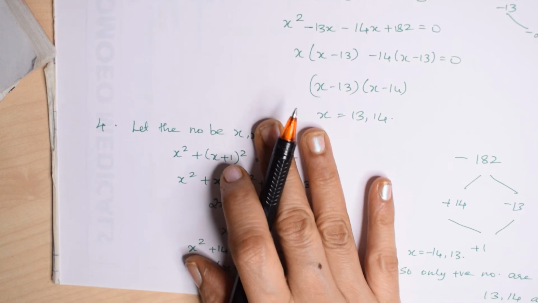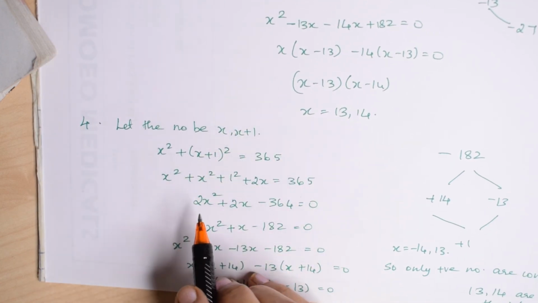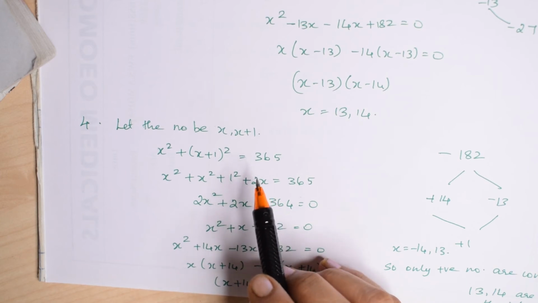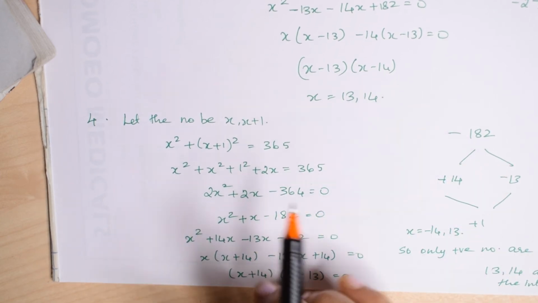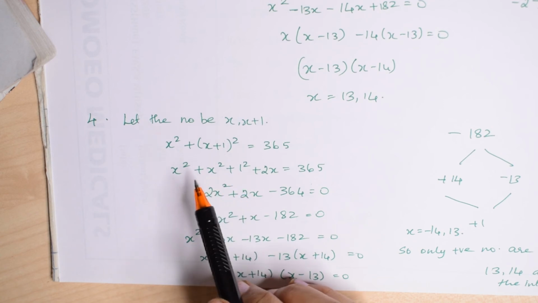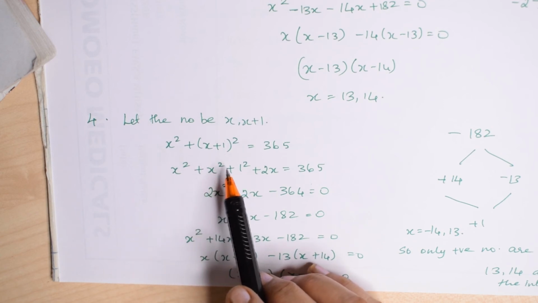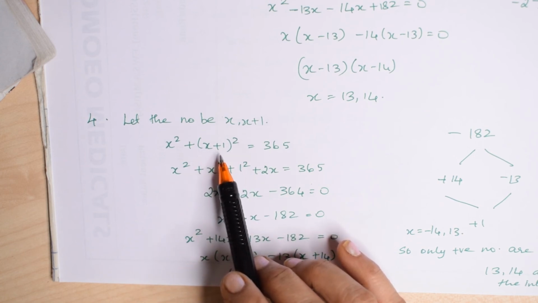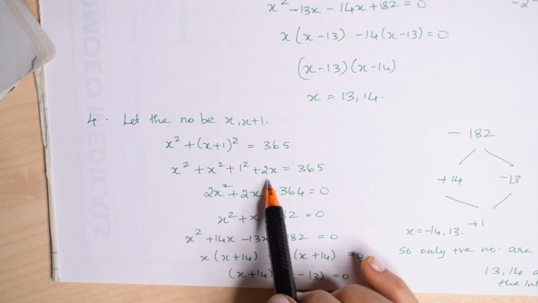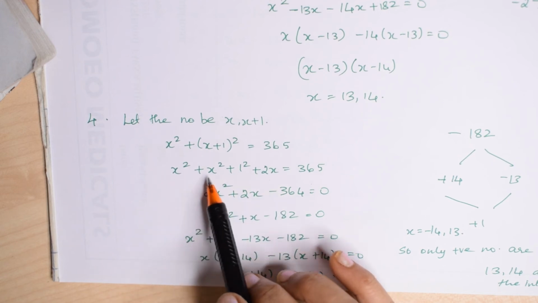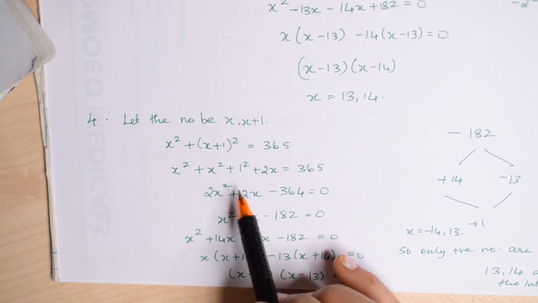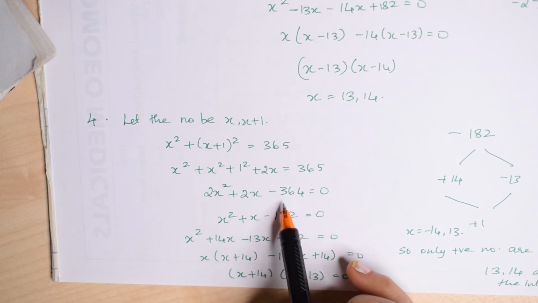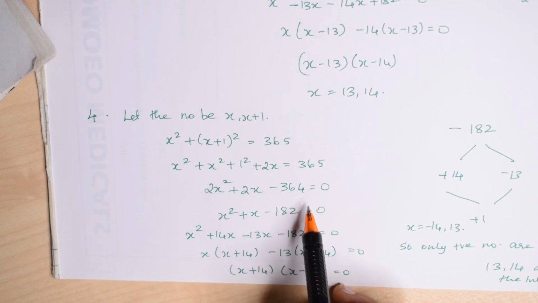Then the next sum. The two consecutive positive integers, sum of whose squares is 365. So let the numbers be x and x plus 1, positive integers. So I am considering x and x plus 1 and the squares. So x square plus x plus 1 whole square is equal to 365. I am breaking the bracket, using the formula a plus b whole square, so a square plus b square plus 2ab. x square I have. I add these two terms, 2x square and 2x. And here I have 1 and here I bring this as a minus number. So I subtract it, becomes minus 364.